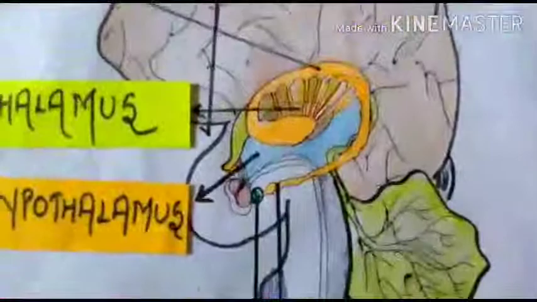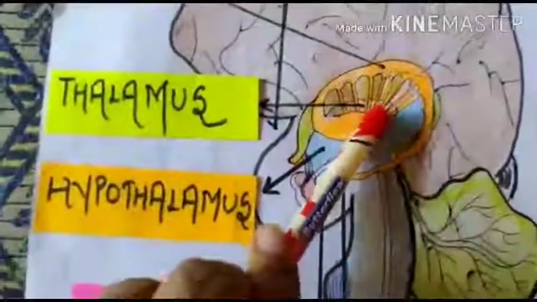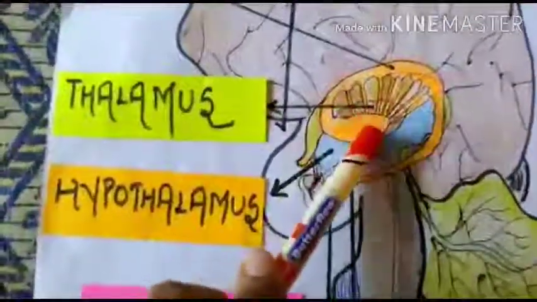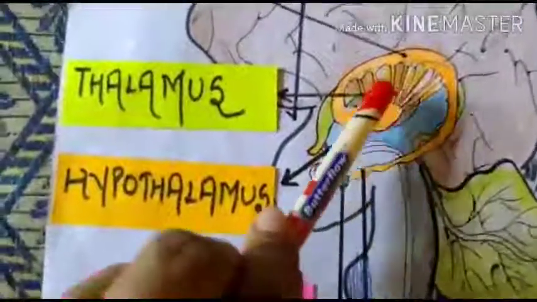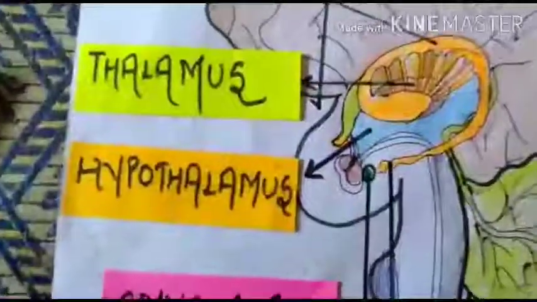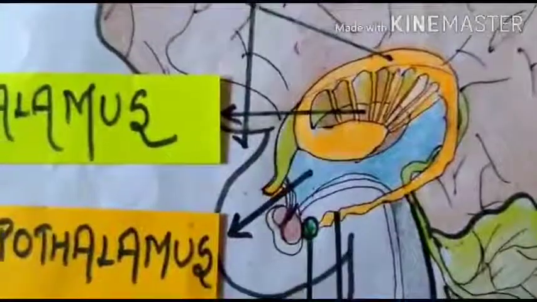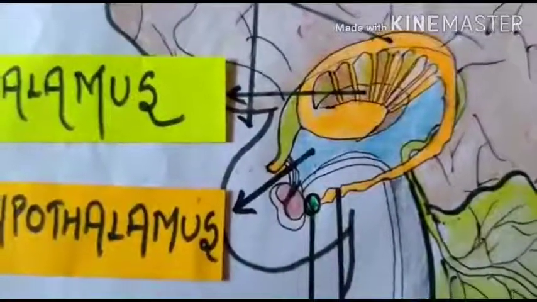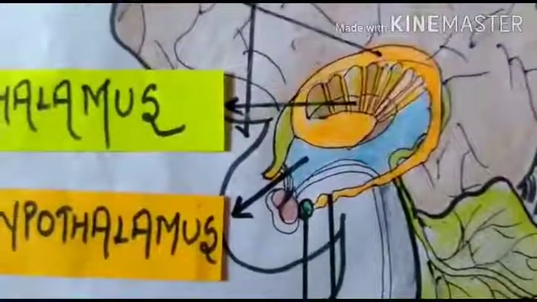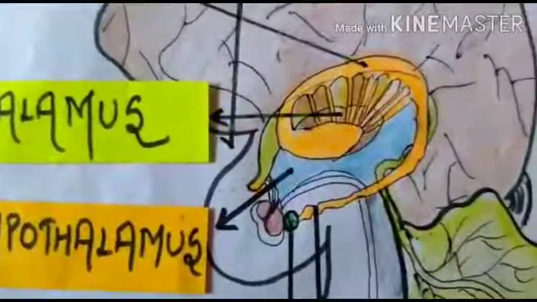Next one is the thalamus. These are paired structures, and it is paired gray matter. This is called the thalamus. It maintains alertness and directs attention to sensory events. Damage may carry the risk of coma.